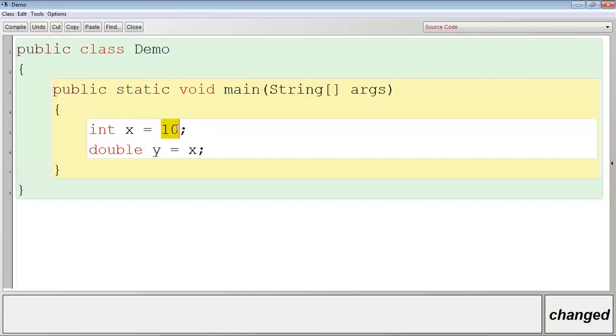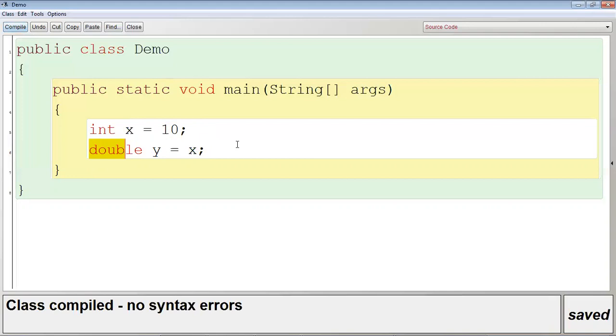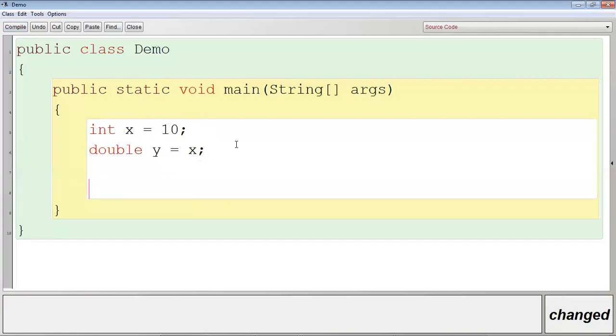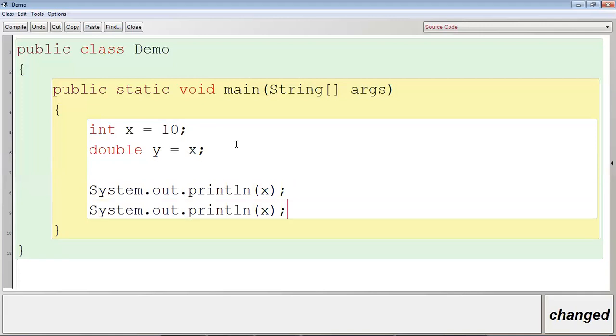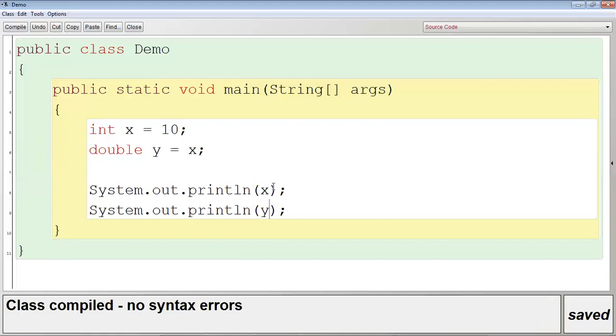x के अंदर वैल्यू 10 है, जिसका टाइप int है, वो स्टोर हो रहा है वेरिएबल y में जिसका टाइप डबल है. तो यहाँ पे कोई भी एरर नहीं आएगा. अगर मैं यहाँ पे प्रिंट करूंगा, System.out.println(x), and let me copy this, और System.out.println(y), तो पता है मुझे आउटपुट में क्या मिलेगा? x की जगह 10 और y में 10 जो है यहाँ पे 10.0 में कन्वर्ट हो चुका है.